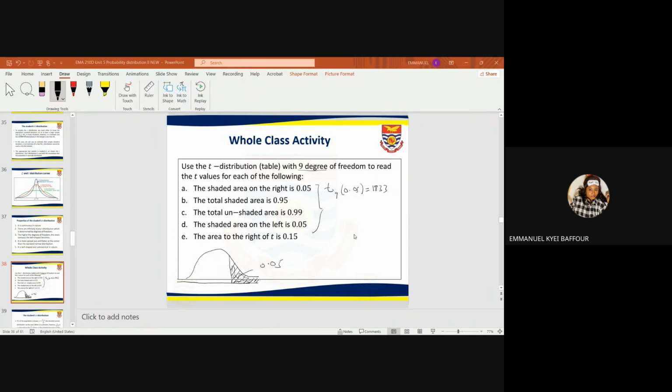So if you have your distribution like this, and then they say the total shaded area is equal to 0.95, it means that if your shading is starting from this point, then you are shading it in such a way that